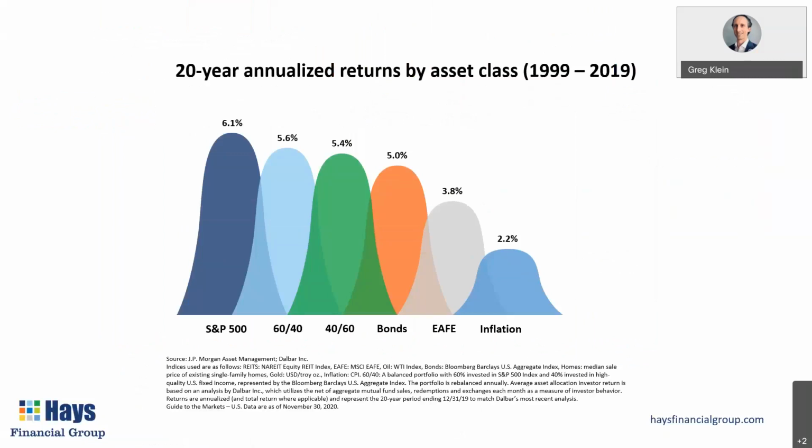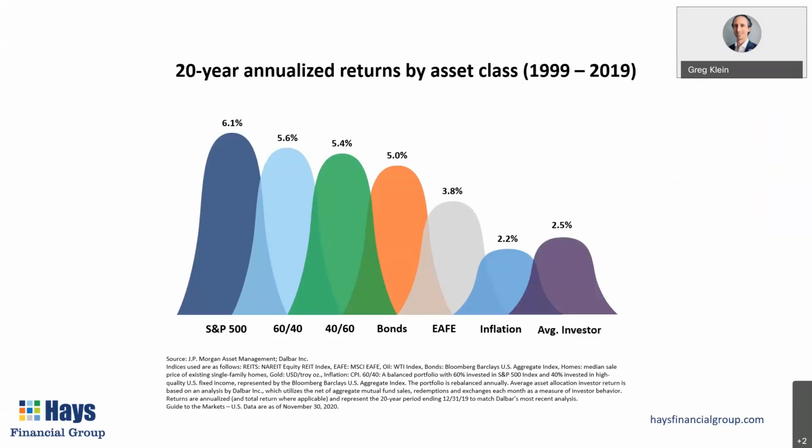Because we see performance again over roughly 20 years. The stock market performance is the best. You blend in those lower risk investments in like a 60-40 portfolio, or even a majority of lower risk investments in a 40-60 portfolio, but you can still see the returns are okay year after year. Over this 20-year period, they all beat out the rising cost of living with inflation.